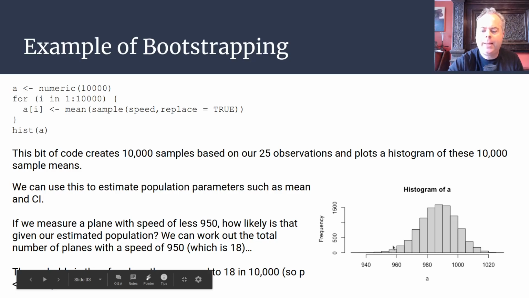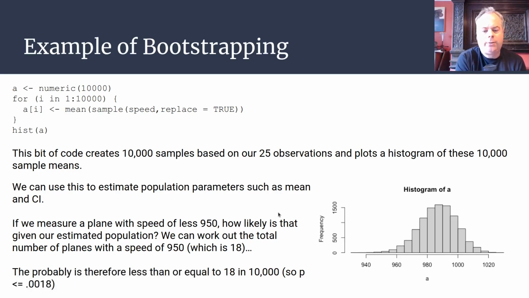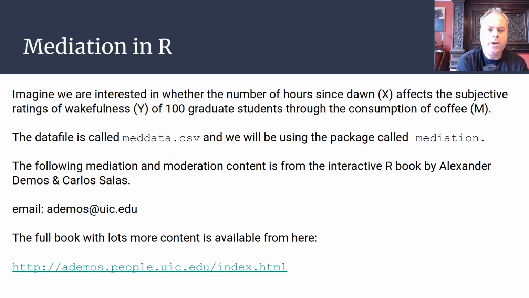So we can work out how many planes have a speed of, say, 950 or less, and it works out to be around 18 or so in our sample of 10,000. So basically it gives us a probability of less than or equal to 0.0018 that if we were to sample a plane, we'd get one that has a speed of less than 950. So bootstrapping can be quite useful in helping you understand a little bit about the population that you're sampling from. Bootstrapping is used in the mediation package as a way of estimating